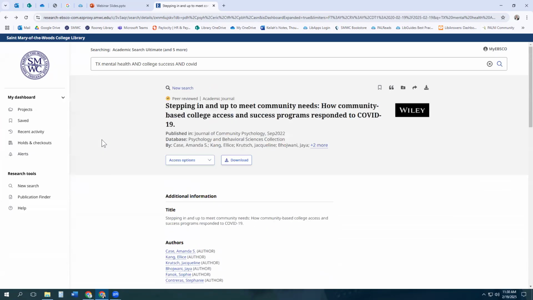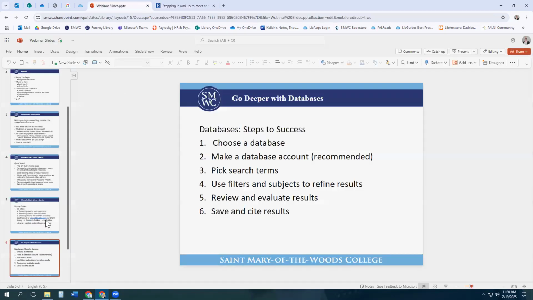All right. So with all this in mind, this is a very quick look at how do I use databases? How do I just get started? So with all this in mind,